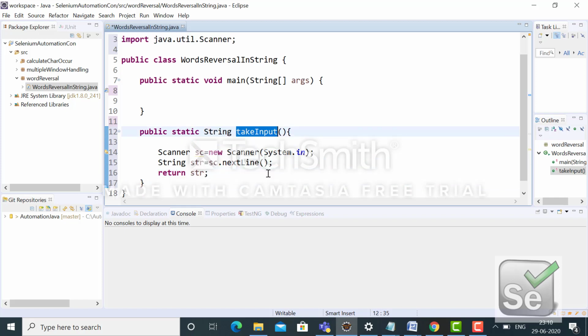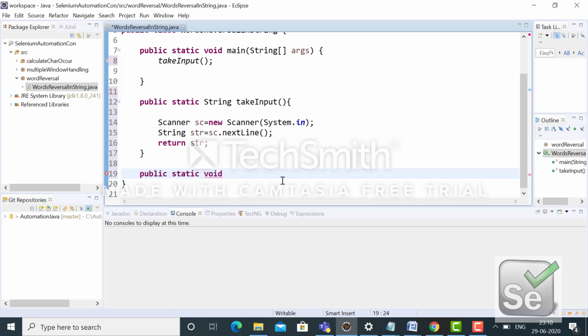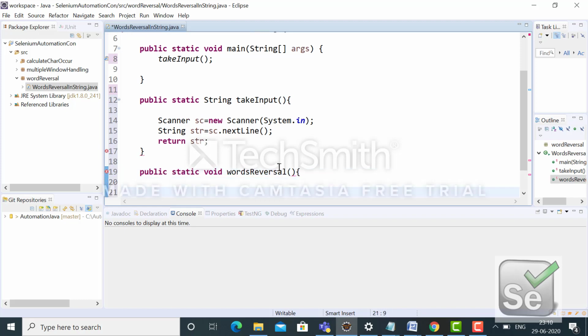So my take input function is complete now, so I can call it. As this is a static method, I can directly call it within this same class, within the main method. Now I have to implement the final method. There is no return type for this function. I'm giving the name words reversal. So it will take that input string.